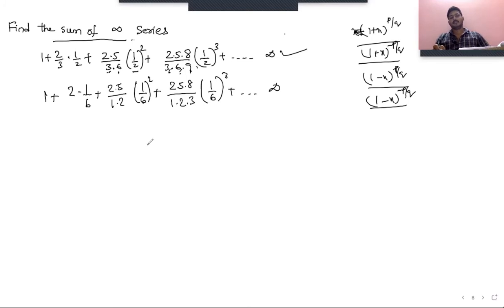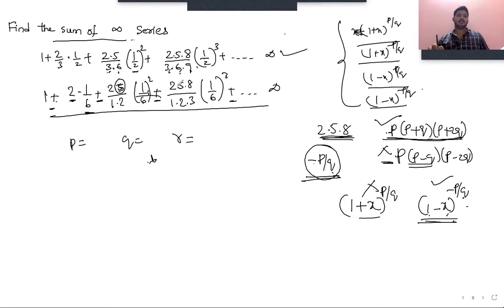Now if you observe this, you can see it's in one of these 4 forms, right? We need to determine which form it is in. So here we need to determine the values of p, q and r. If you observe these expressions carefully, the p value is 2, then p plus q is 5, so q value will be 3, because here p plus q is 5. So we already know these two values. Now we'll have to determine only the x value.